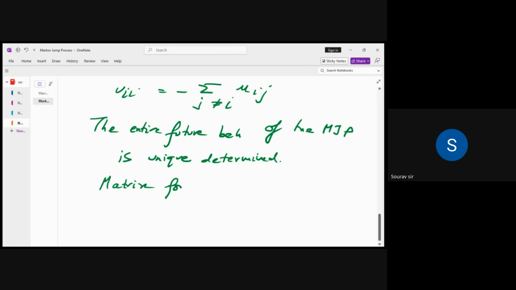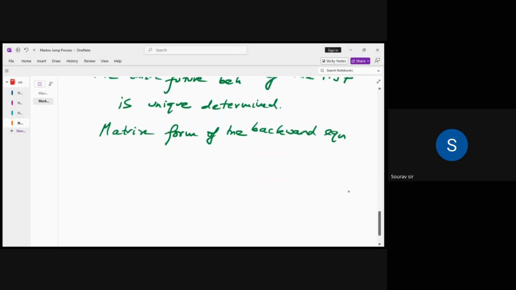All right. So here you have understood the matrix form of the forward equation. Like we did with the matrix form, if I want to do it for the backward equation, how will I do this? It is on the slide for Kolmogorov backward. Kolmogorov's backward differential equation describes the